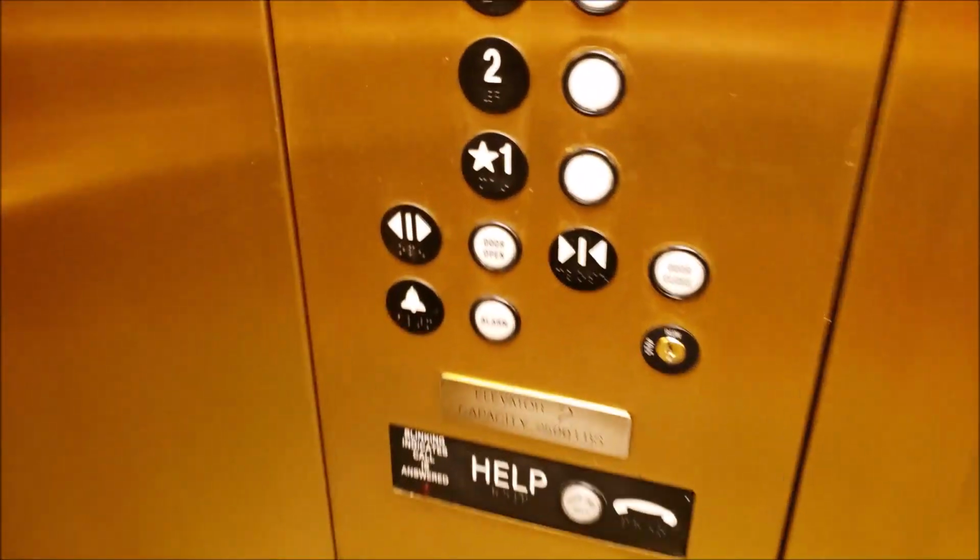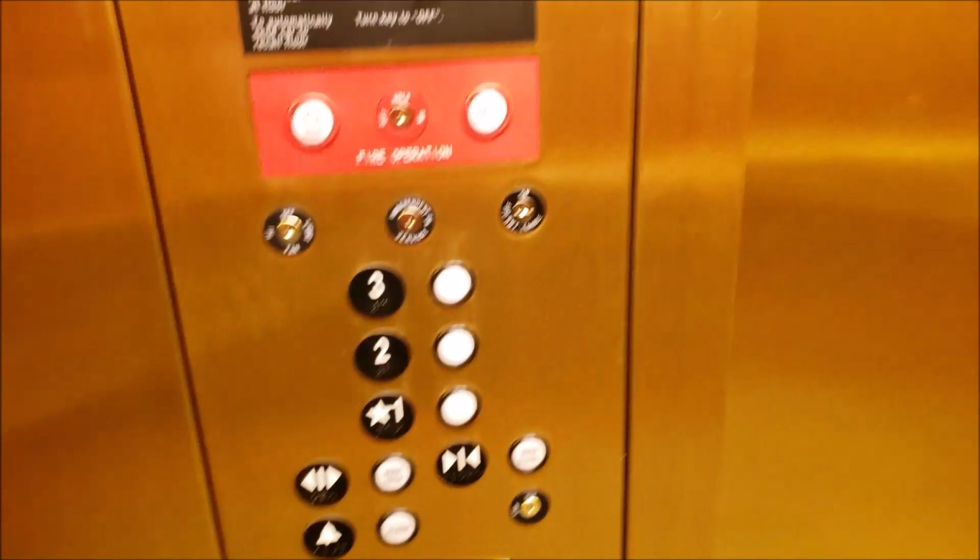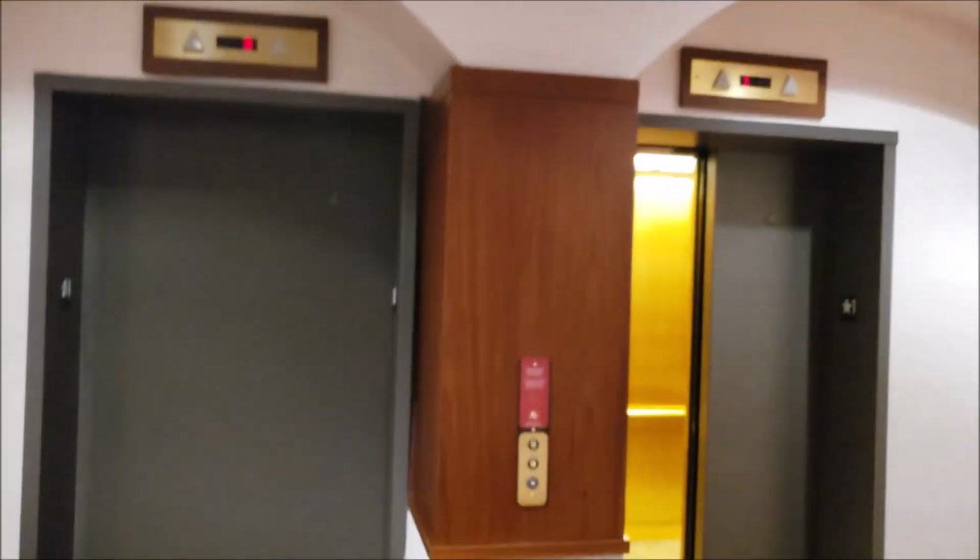Here's your cab view again, same as the other one. Alright. You can't really see up the shaft, but you can see the ThyssenKrupp airlock. Alright, there it goes. Now the